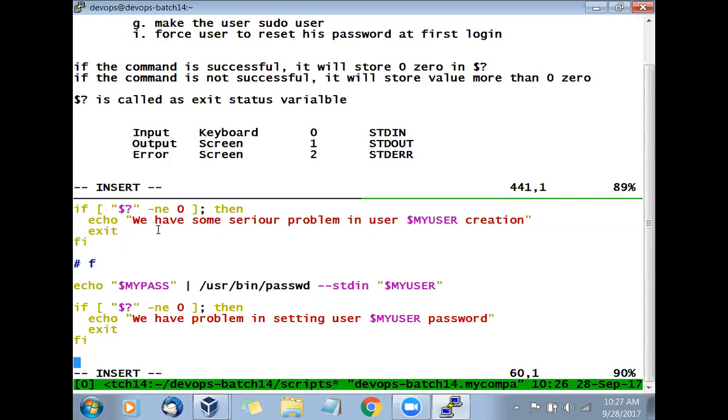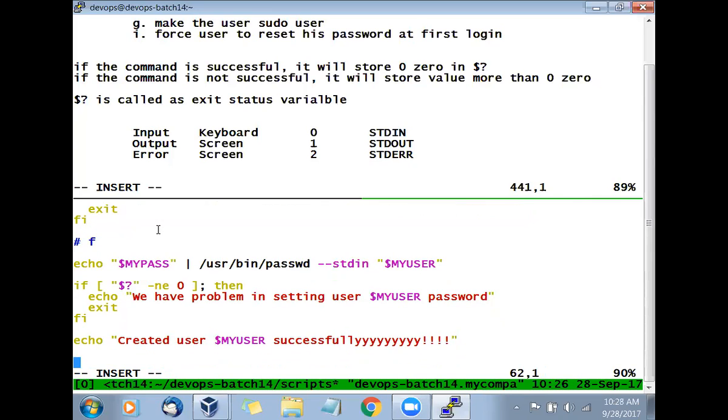Now we are up to step F. What is the message I should give? The last message is echo created user dollar my user successfully. That should be the last line of the script. Oh, you created the user.